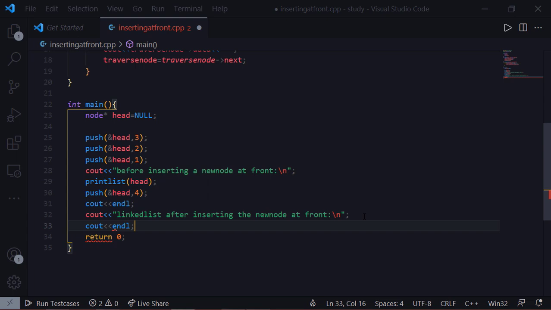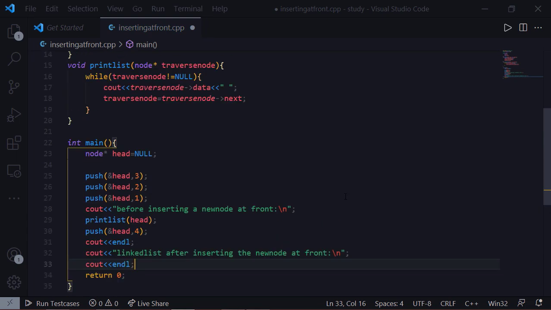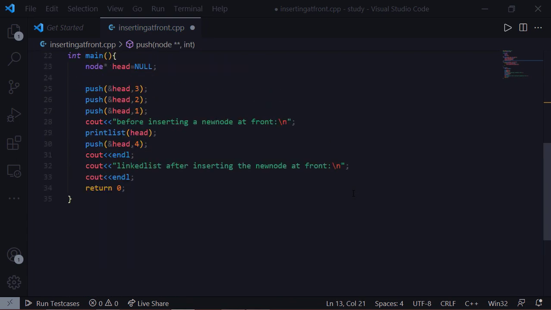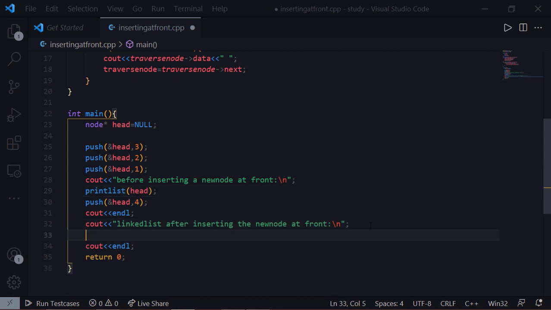So our program is completed. Let me run this program. One mistake. We have to call the print list function again. Now it's completed.